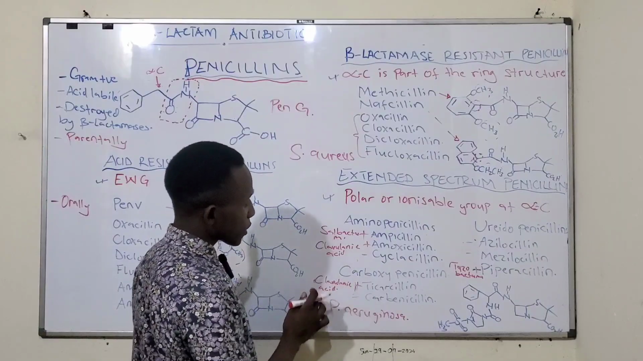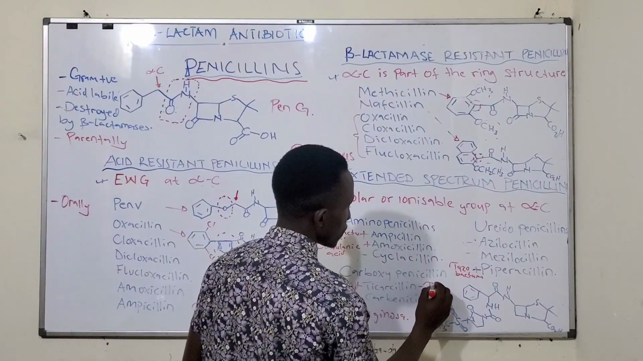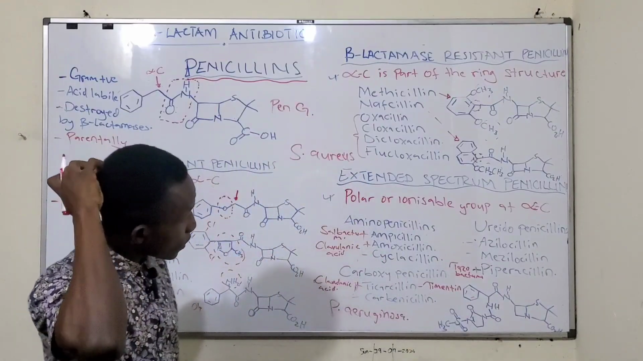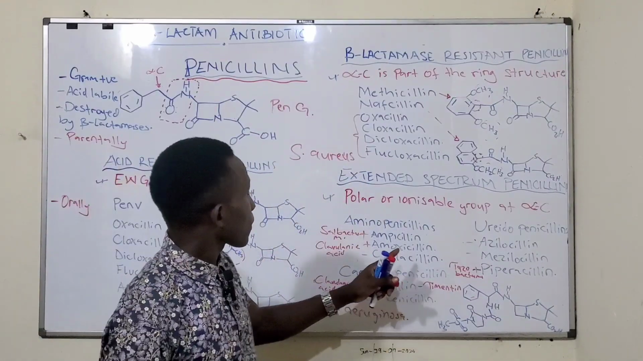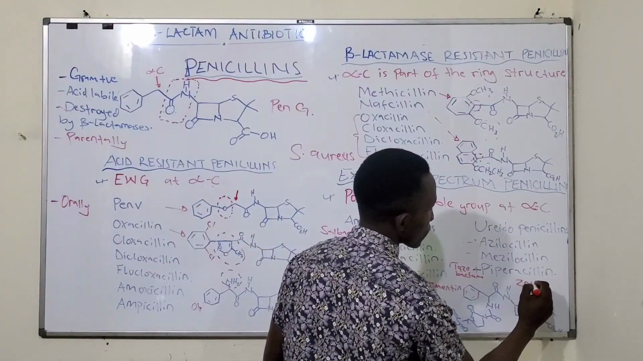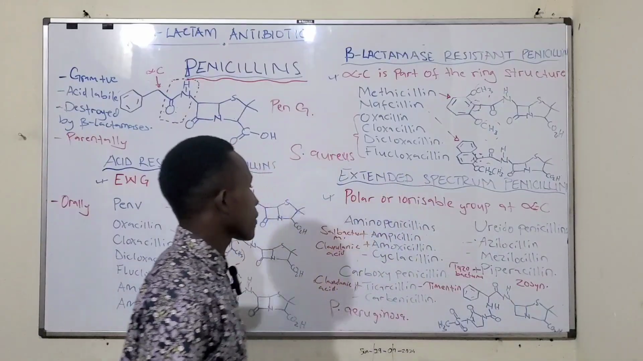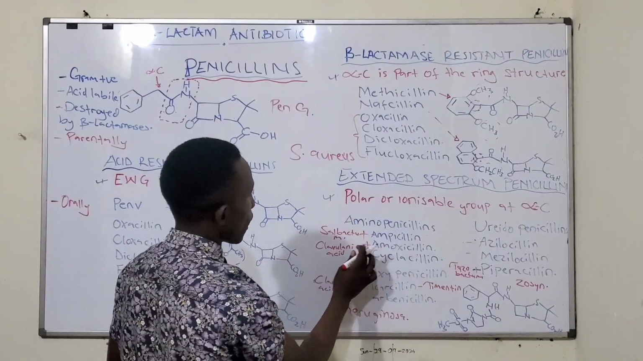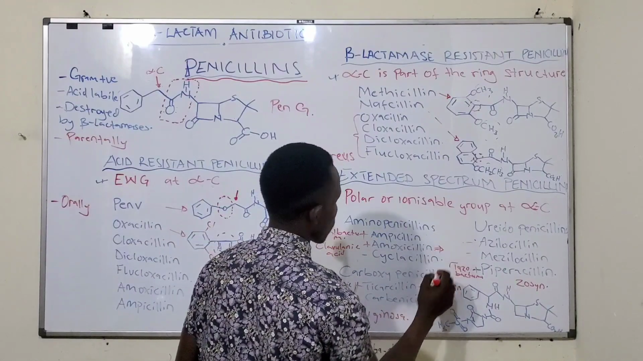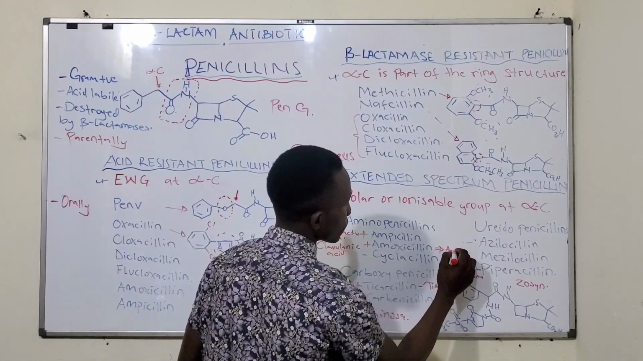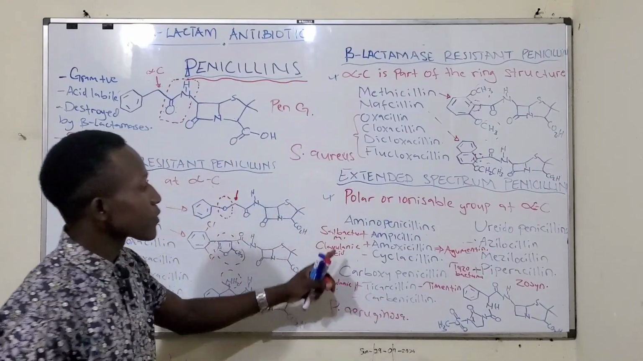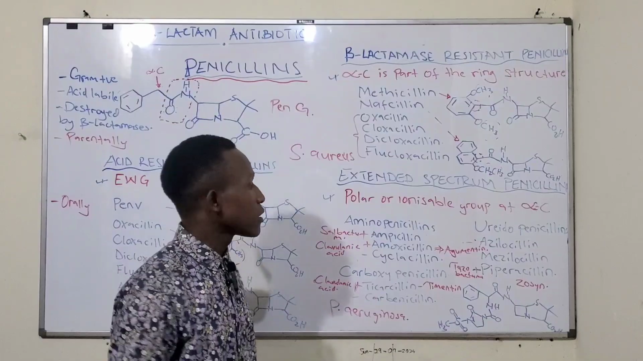Then ticarcillin and clavulanic acid is marketed as Timentin. Then piperacillin and tazobactam is marketed as Zosyn. Then amoxicillin and clavulanic acid is marketed as Augmentin. Then sulbactam and ampicillin,